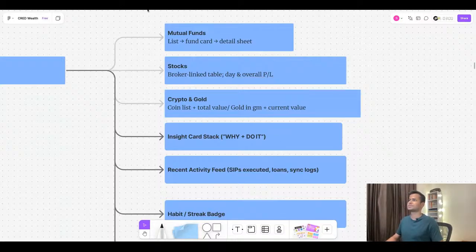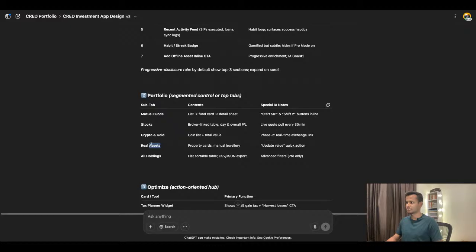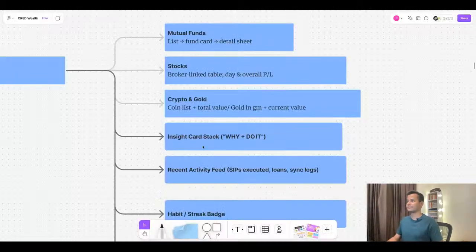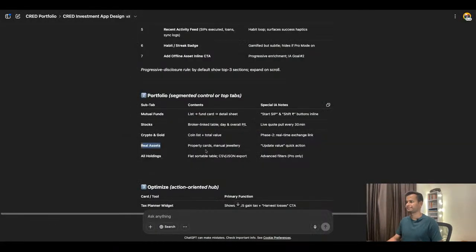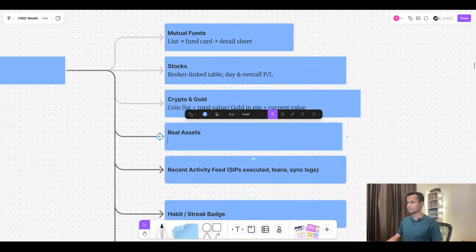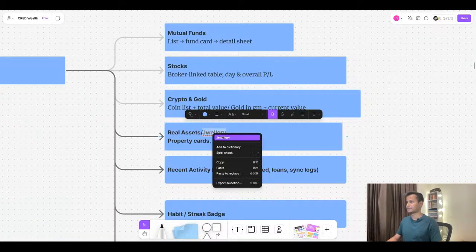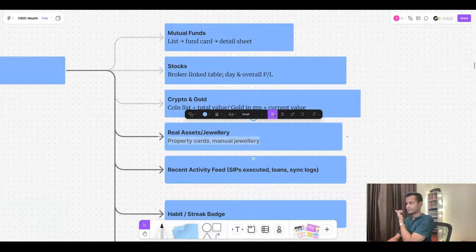So don't expect ChatGPT to provide you everything. It is your job to rectify or edit based on your understanding. Property cards and manual jewelry. So here also real estate slash jewelry. Okay, jewelry. So here a few things will come. First, property cards, manual jewelry, and also